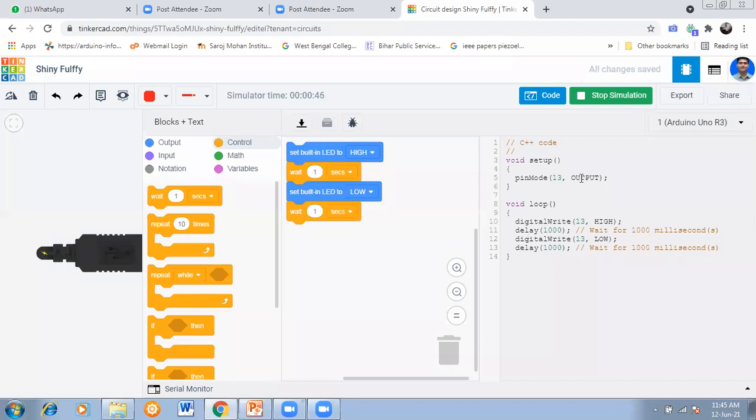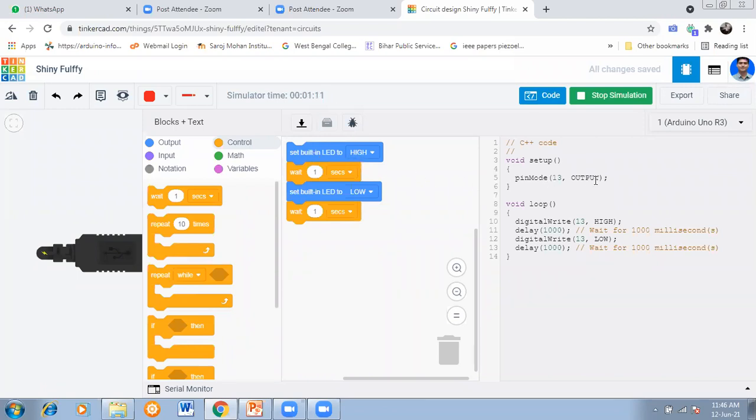See, dekho, pin mode 13 is output. We are defining it here. The system does not know unless you set all these things. Because our aim is to glow the LED, which is inbuilt and connected to pin number 13, pin number 13 must be defined as output. So when you choose this block, set built-in LED to high, इसका मतलब क्या है?